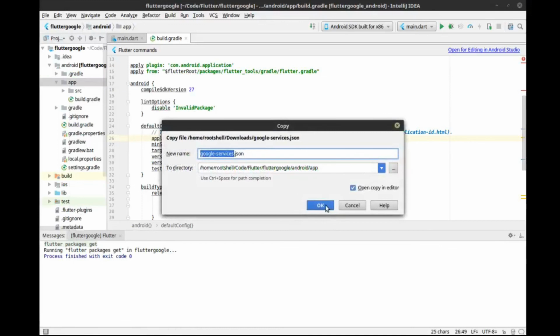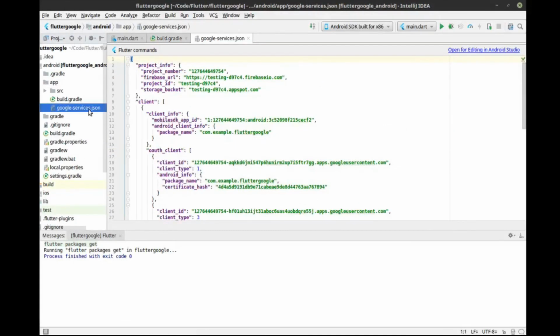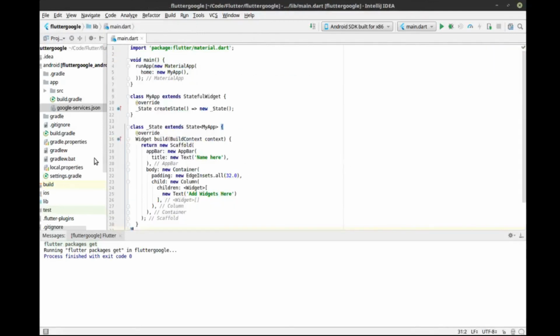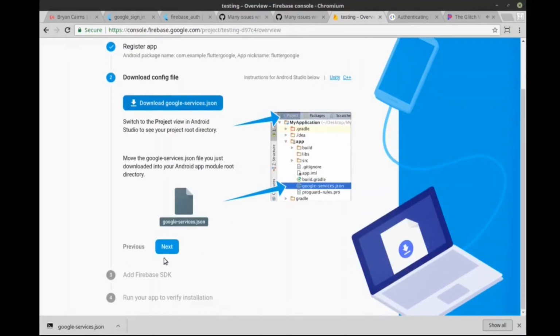It's going to say, are you sure? You're going to say yes. And here's the JSON file in all its glory. This is specific to your application and your Firebase installation. Every application will have their own little JSON file. That's what I love about Android versus iOS development for this, is because it streamlines all of this. You don't have to put any of this nonsense in. It just generates a file and you're good to go. Now,